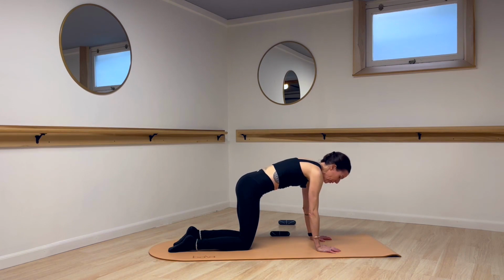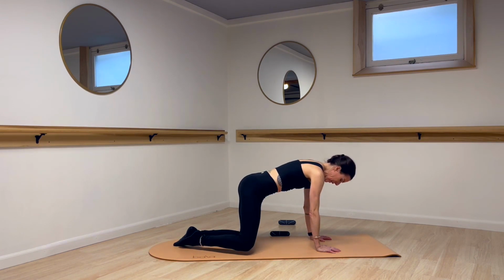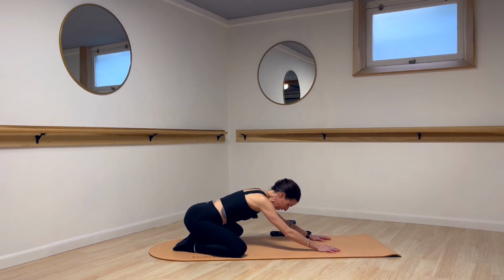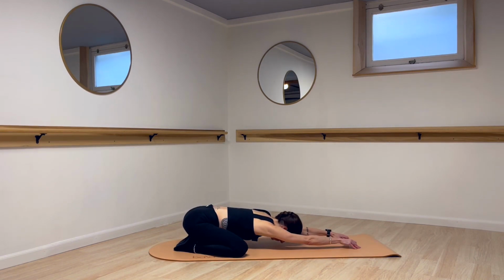And then we're gonna come to our neutral spine. Let's bring our big toes together. Walk the knees out wide, and then we're gonna sit back on our heels. Let your forehead hang down to the floor. If you want to, just rest it on the floor, and then walk your fingertips out, stretching out of the